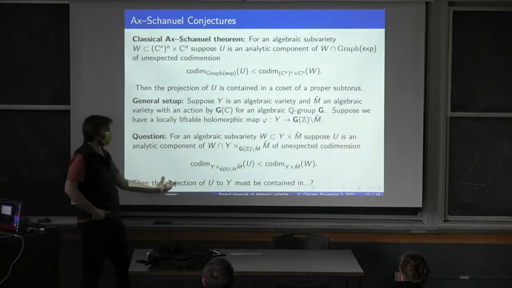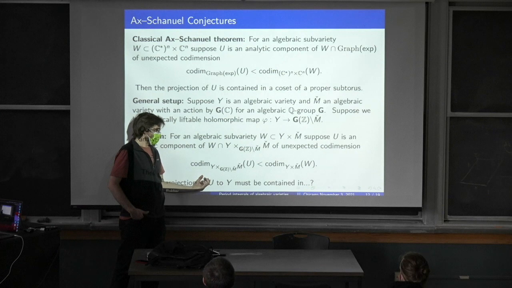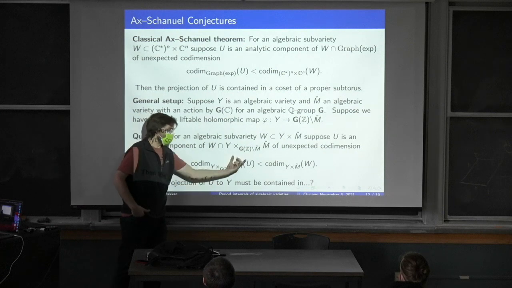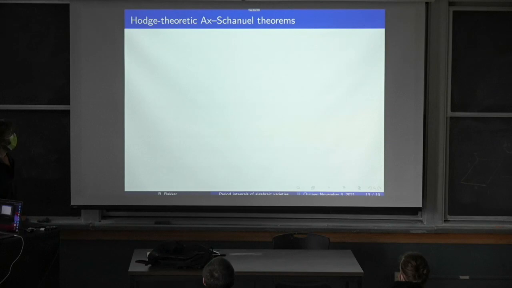Then what must be true about this U? What is explaining the fact that I have this unexpectedly big intersection? Okay, so it turns out